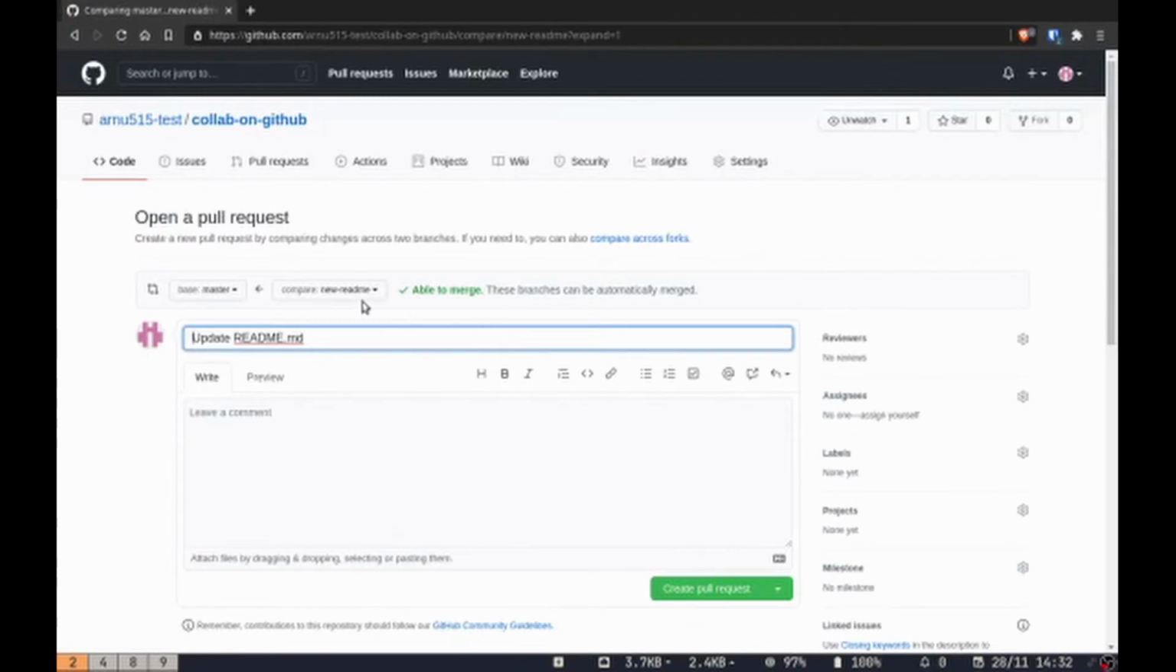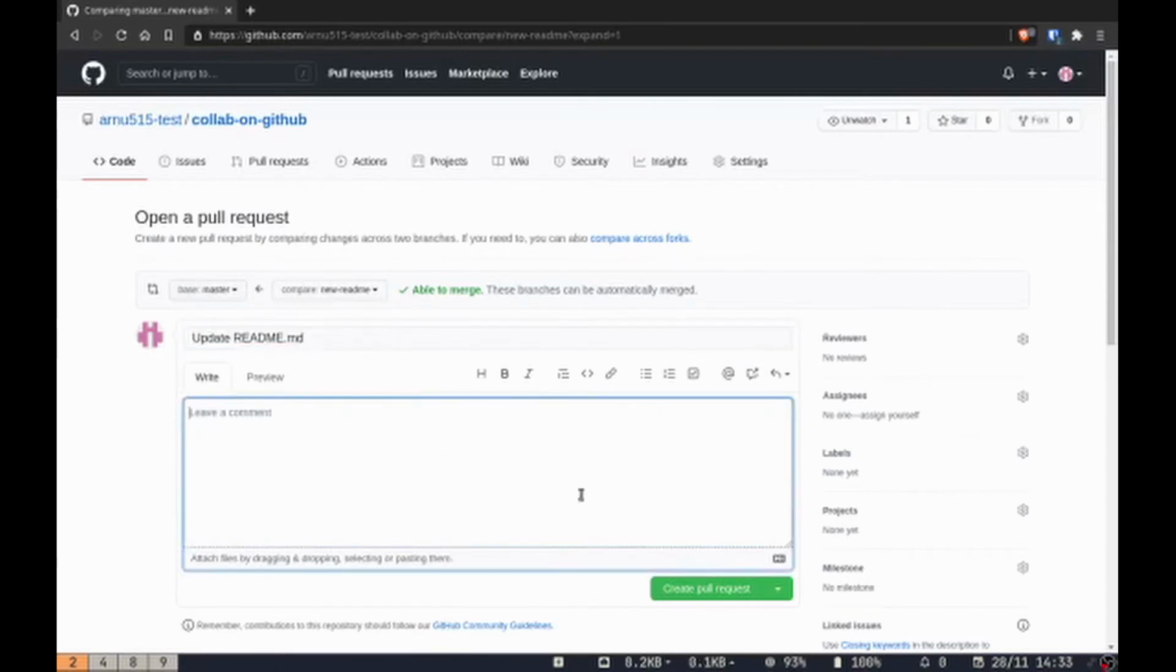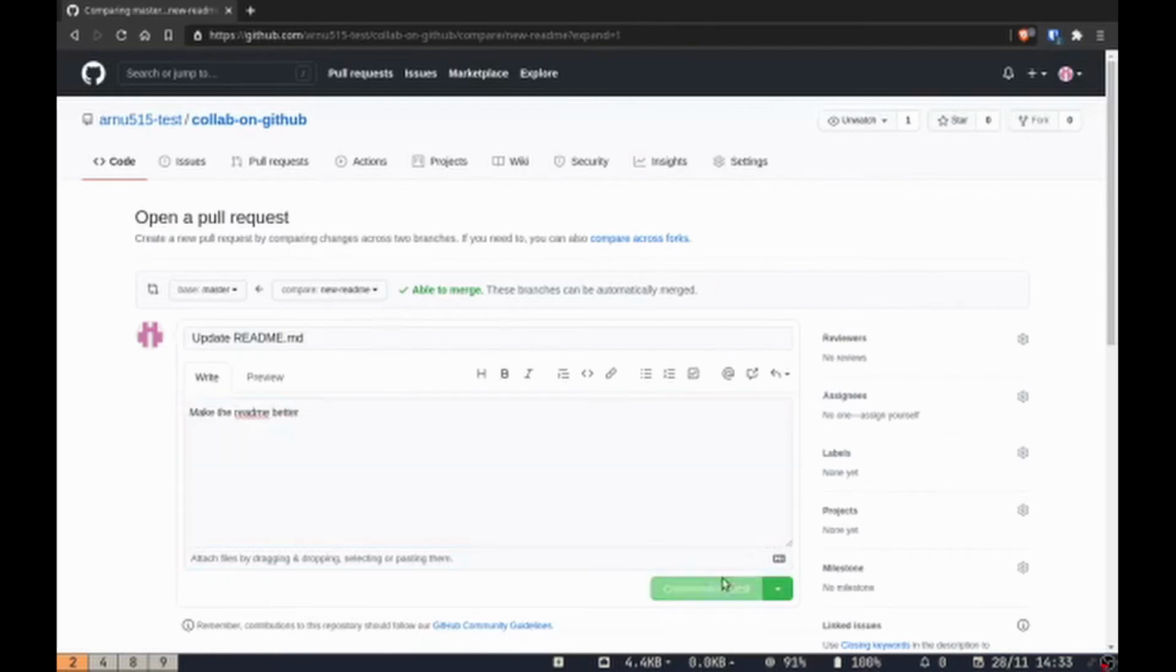So GitHub is really easy with that, so that's why I love GitHub. And now I'm going to show you that it is going to merge new readme with master, and then you can just give a pull request title. I'll say make the readme better. This is just a reference, or just something for your managers or other collaborators to take a look at. I'm going to click create pull request,